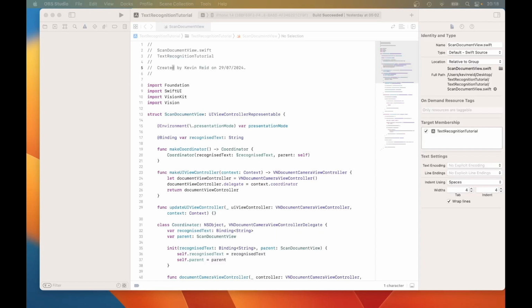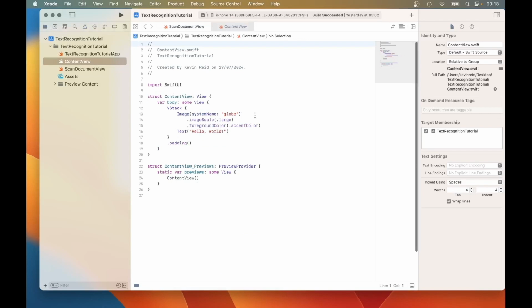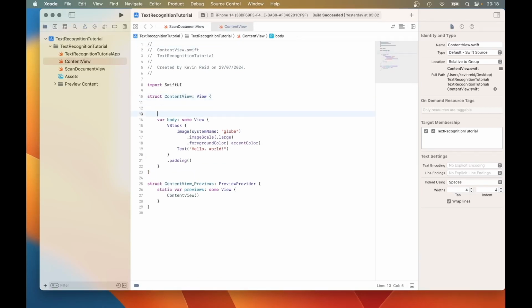In this tutorial, we will implement the content view to enable the scan document view to be displayed so the user can extract information from their document or image. Within your content view, enter the following: